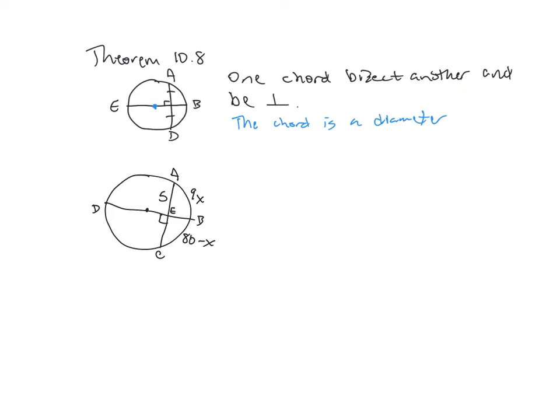So find like two things. So if we find EC and let's go with arc